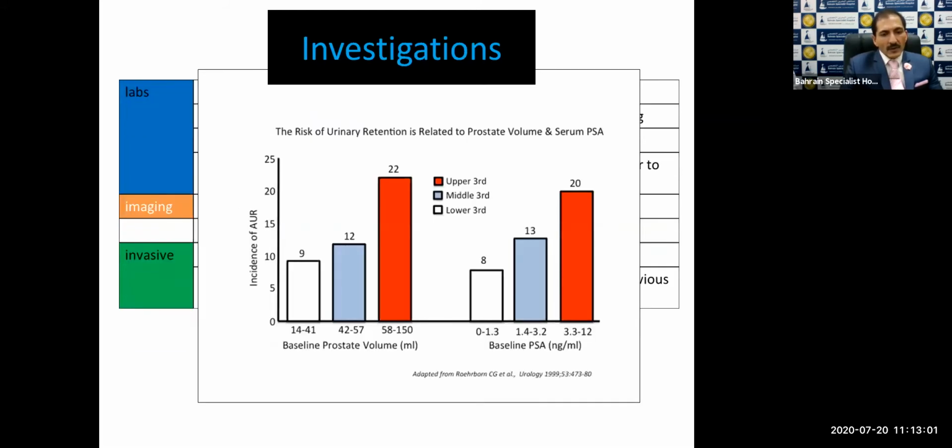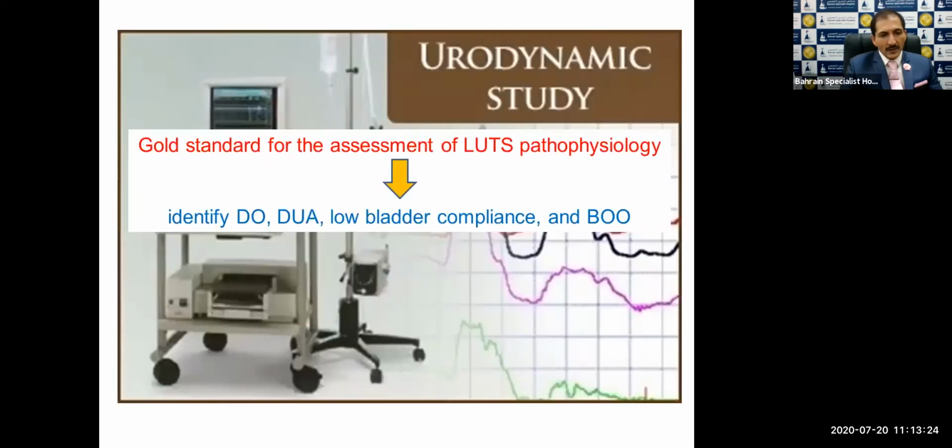Very important to understand that as the prostate volume increases and the baseline PSA increases, the risk of urinary retention also increases. So that is why it's very important to understand the baseline PSA and the baseline prostate volume, to help counsel the people, to make them aware that these are the candidates who run the risk of urinary retention. Urodynamic study is the gold standard for the assessment of lower urinary tract symptoms, and it can